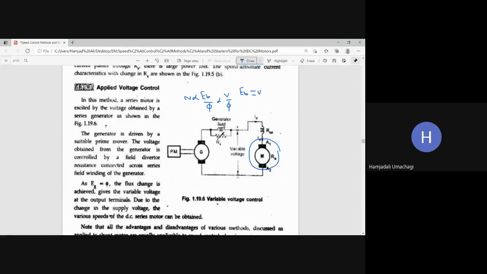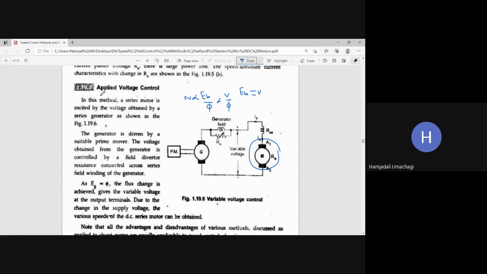What will it do? If I connect one rheostat in parallel with this generator field winding, which parameter will be getting changed here? Current, sir. IG, sir. Flux. See here, once again, this generator wants some mechanical input. There is a mechanical prime mover, it will drive the generator. This generator will give electrical output, which is going to act as an input to this DC series motor, whose speed we need to control.